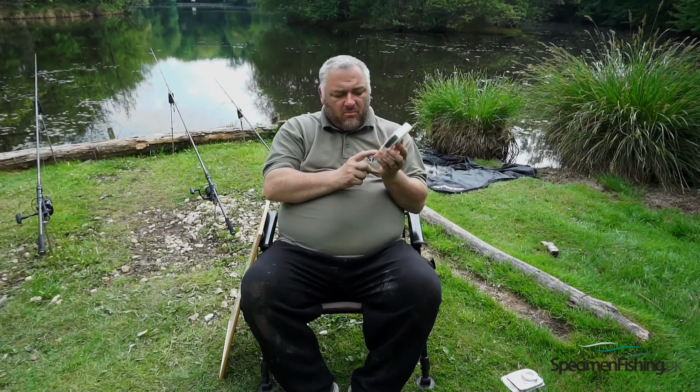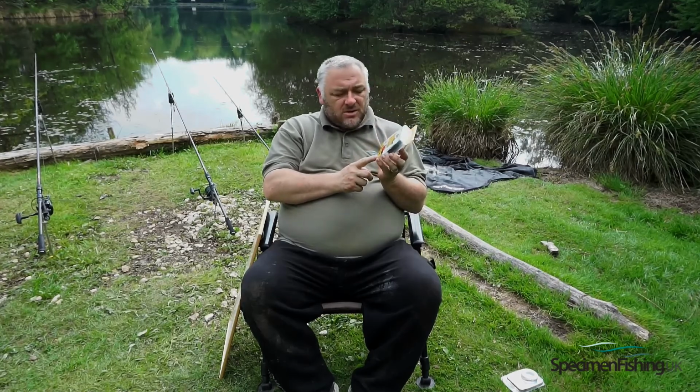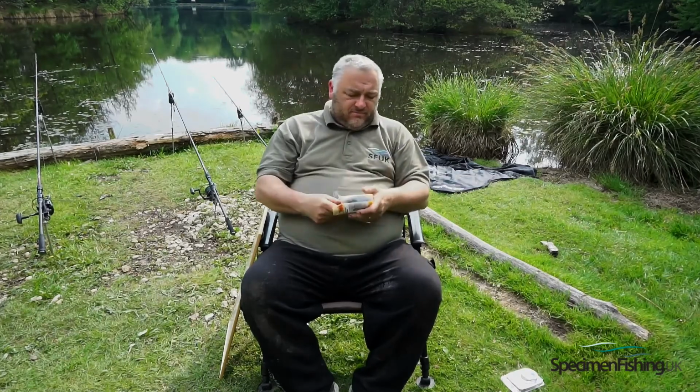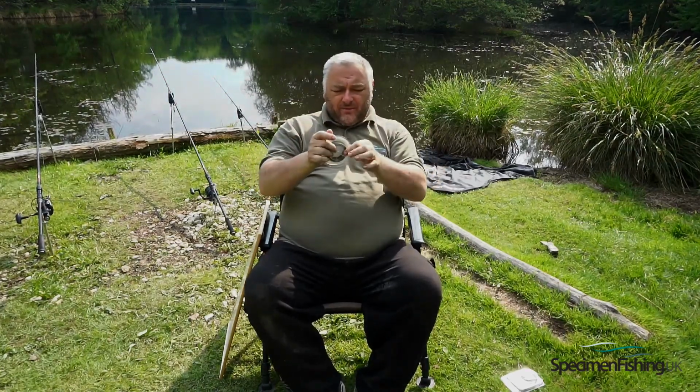The only thing slightly confusing, it has a line rating of 80 pound. I think that's an IGFA line rating or something. The actual strength for the 0.40 is 50 kg. It's an 8 carrier braid, which means it should be smooth, it should be round. You've basically got 8 strands all wound round each other,